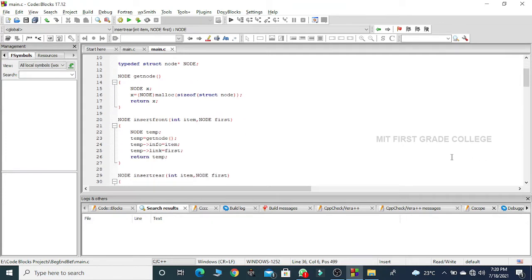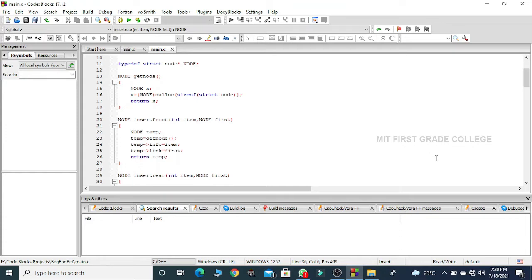Now I have the getNode function. In the getNode function, I declare a pointer variable x, which can store the address of the memory allocated for a node. I do not precisely know how much space the structure holds or what size is required for that structure.